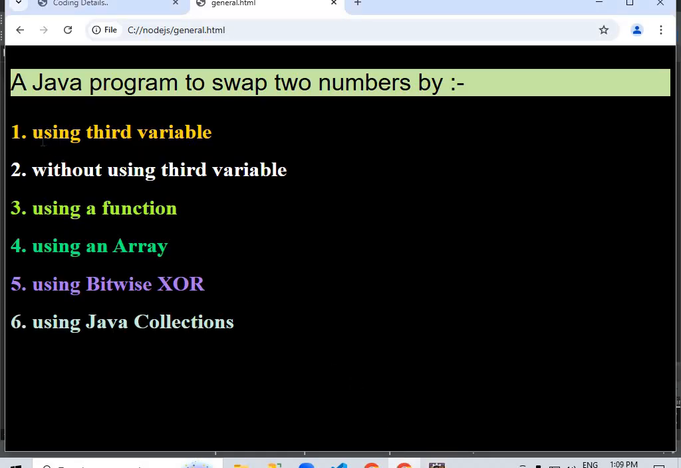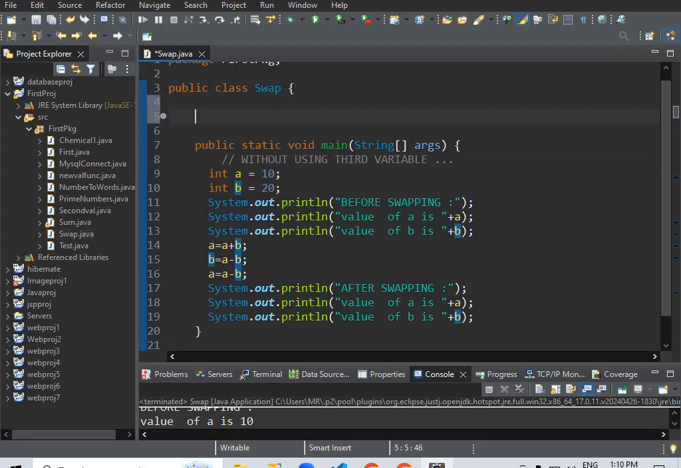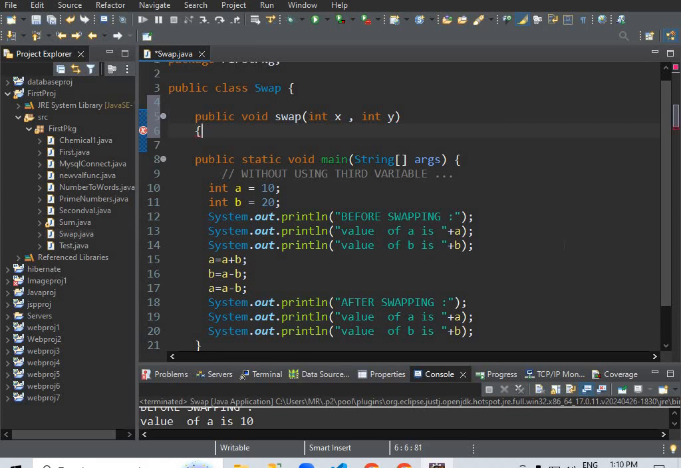We have done the first one and second one, and now we will be doing the same one by using a method or function. So let us go back, and this time we will not do it this way. This time we will create a function. So I'll write here public void swap, which is a function, and in this one I will take two variables, say int x, int y, and I'll define it here